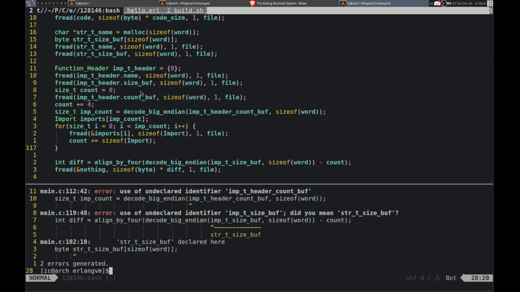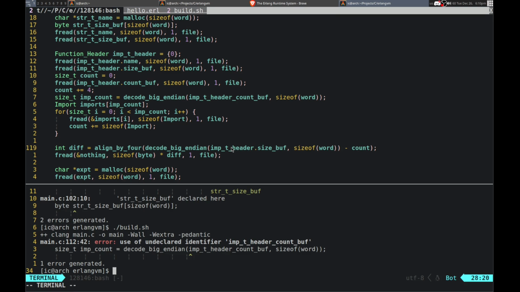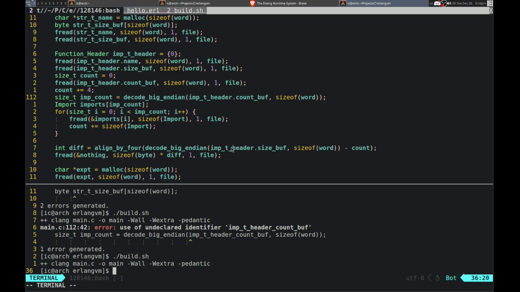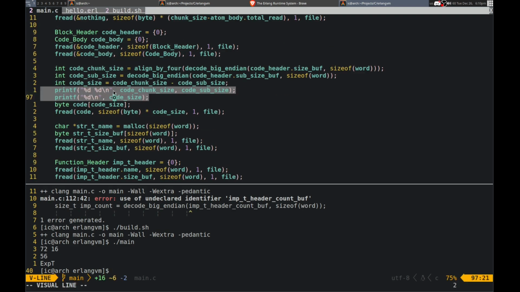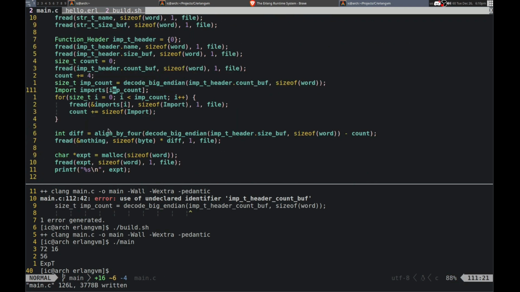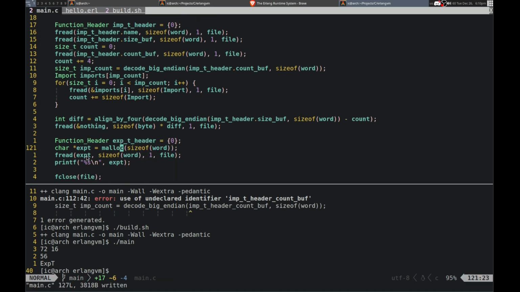Alright, let's see. And this does not work here. Whoops. Okay. The header, that is in here. There we go. Okay, and it should all work still. There we go. I can get rid of some of these print statements. Okay, and then we can reuse that here. So this will be xt header. And can do the same thing.